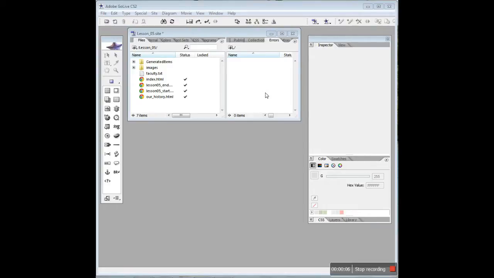This is based on Lesson 5 in your Adobe GoLive CS2 book, Classroom in a Book. Lesson 5 starts on page 198. In this lesson, we'll be taking a look at adding and formatting text on a web page. For your information, I took the step of copying the Lesson 5 files or Lesson 5 folder from the Adobe